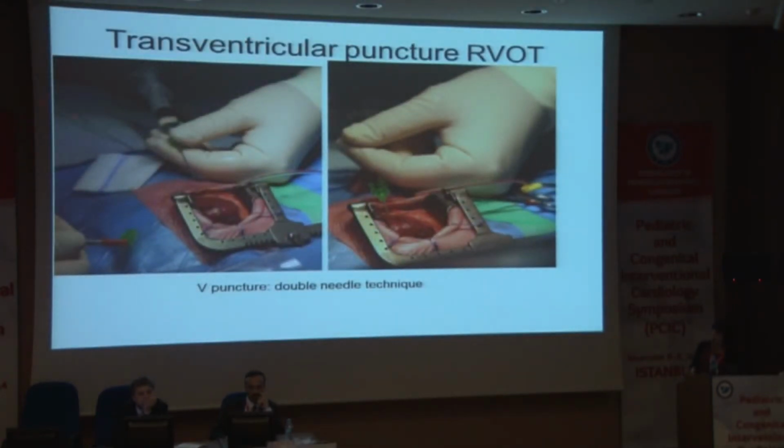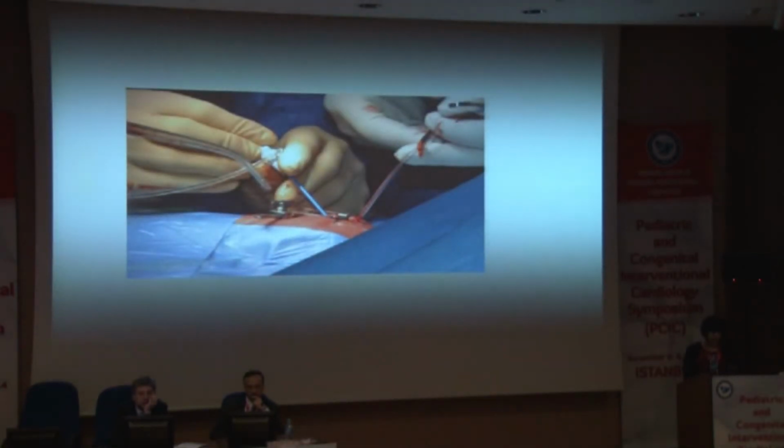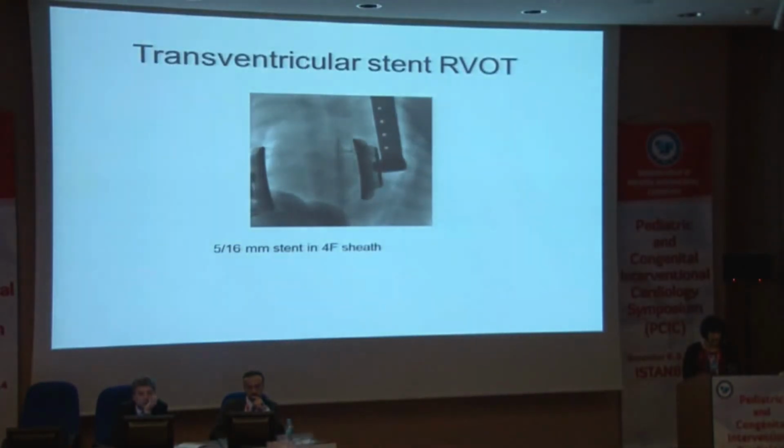And puncture with the needle, a second needle on the outside as reference to see which direction you should puncture, and then your coronary wire is placed, and obviously under fluoroscopy you check the position of the wire. The sheath is placed, aspiration, and